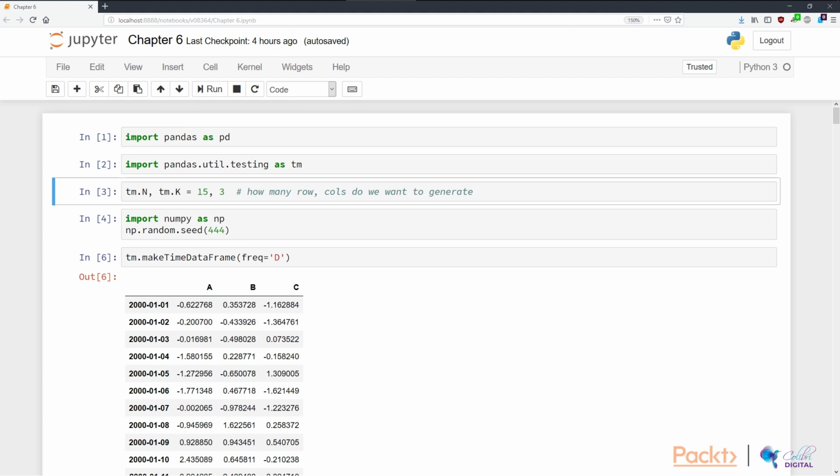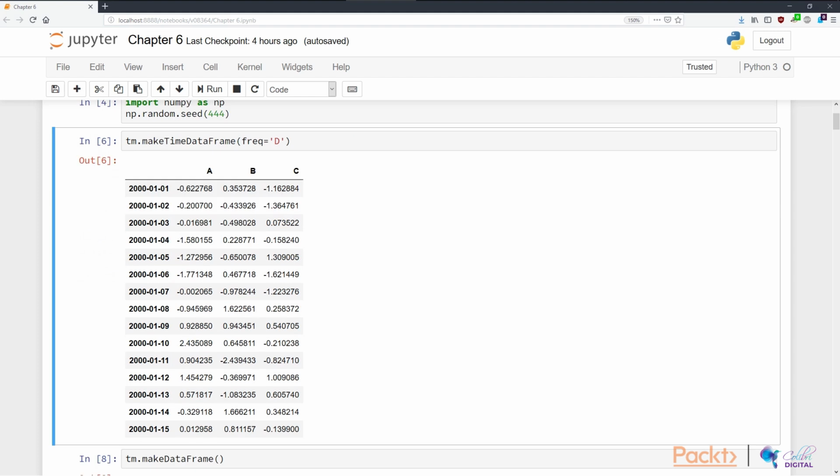And that helps us create different situations on how much data we have and how many features these data have, right? So here we're specifying that we want 15 rows, or otherwise 15 data points, and 3 columns, or otherwise 3 features. Again, with anything random or generative, we want to set a seed so that we can reproduce this result. So here I am importing numpy as np, and then I'm setting the random seed to be 444